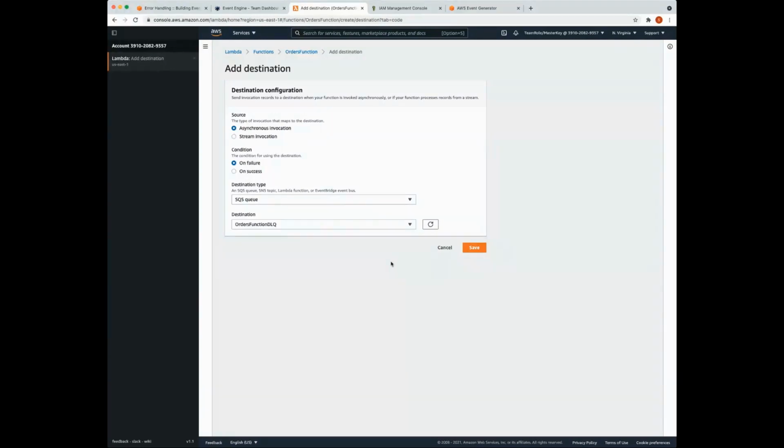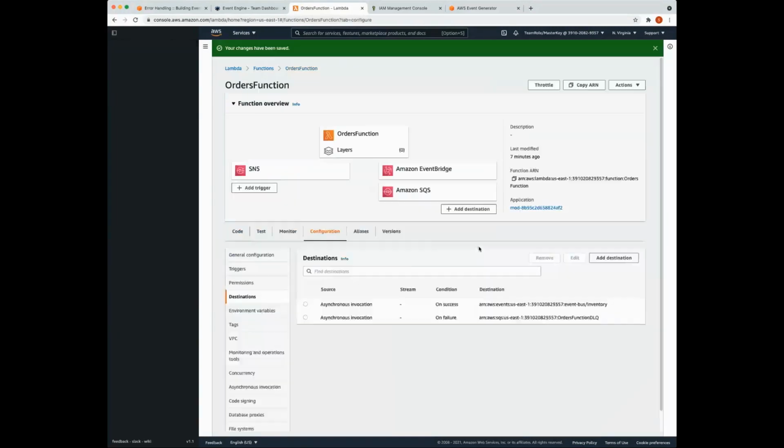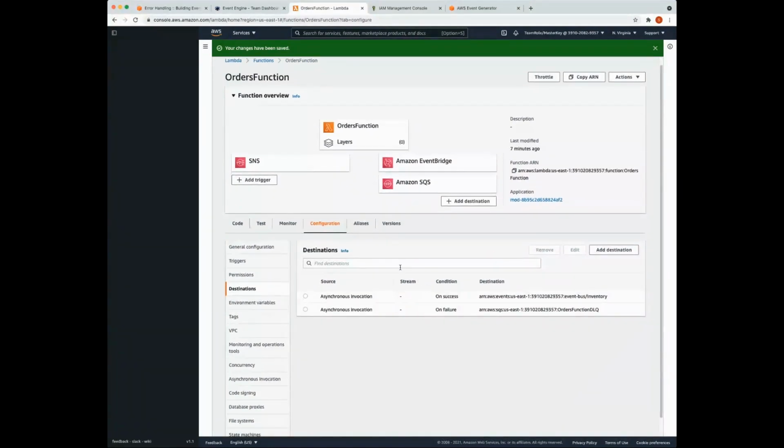All right. Again, this queue was already created beforehand for you for the sake of simplicity. Now, you might recall that I showed you in a previous section the permission configuration to show that the function has the requisite permissions to actually push messages to that SQS queue. Right. So we've added that destination. If this function fails, it's going to send a message with all the context data to that Amazon SQS queue.